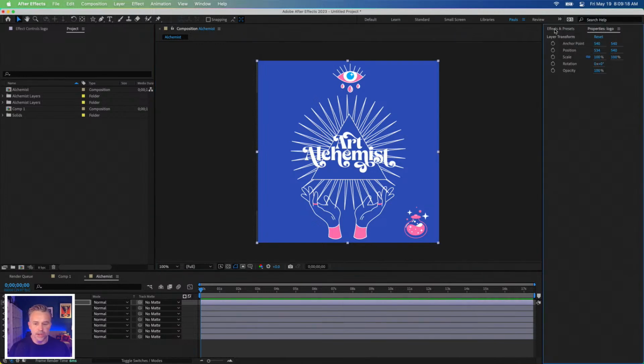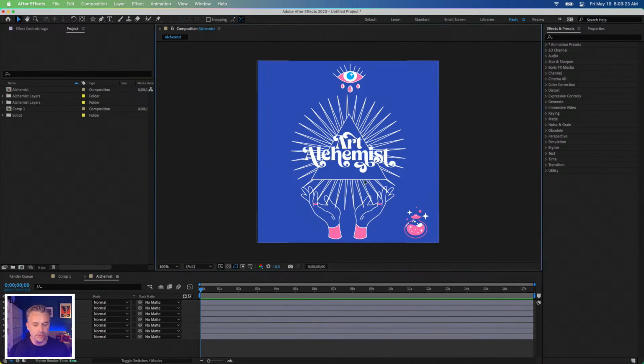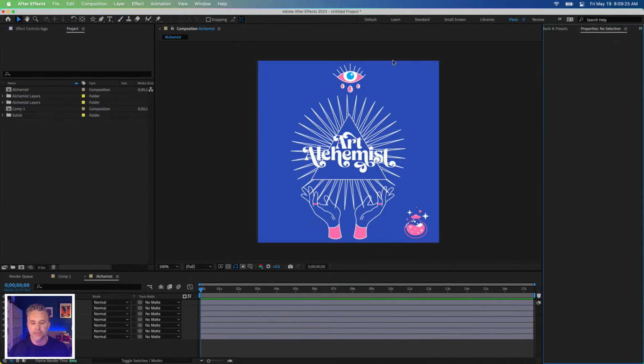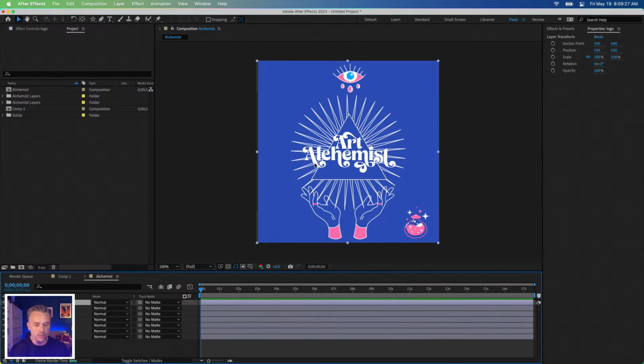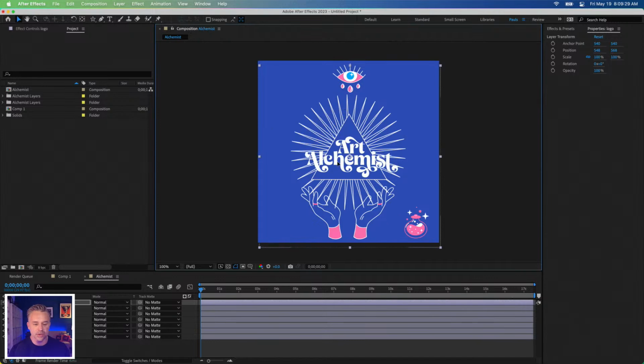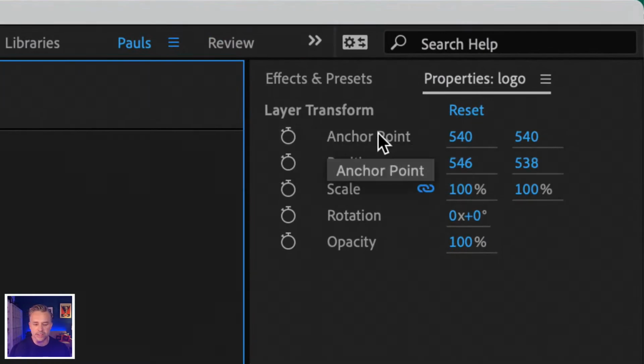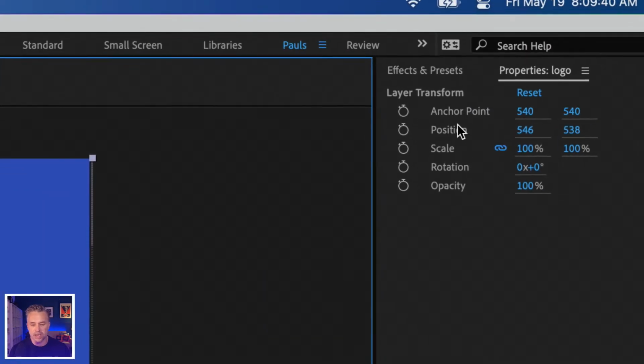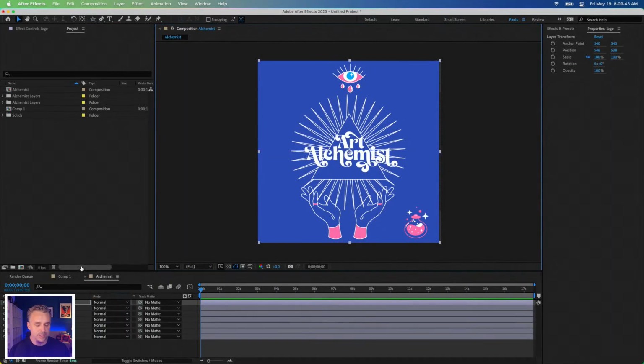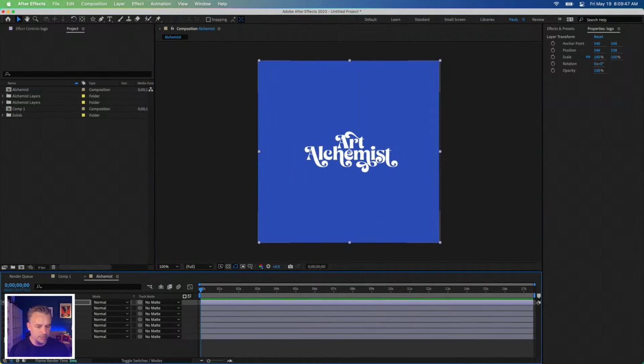But so here I have all this stuff, and I want to animate it. If you do want to really animate something, you can animate all the properties. What's nice for, say, this logo right here, you have this new properties panel. The properties panel has everything that you need to animate. So this is the idea. Rather than having to drill down into any one of these layers down here, you can just select that